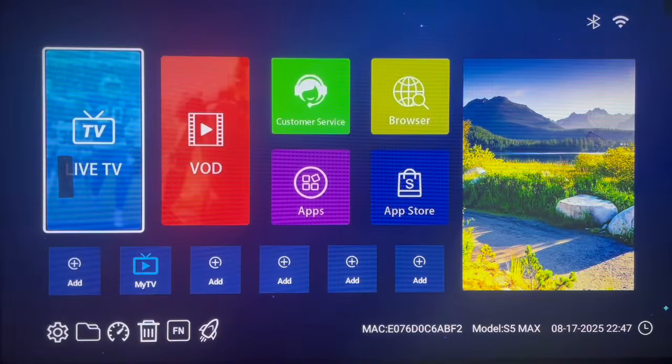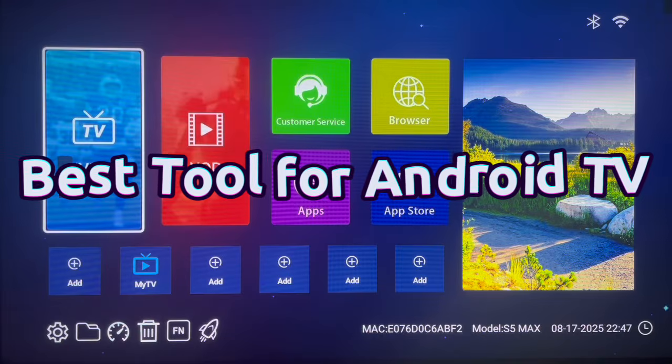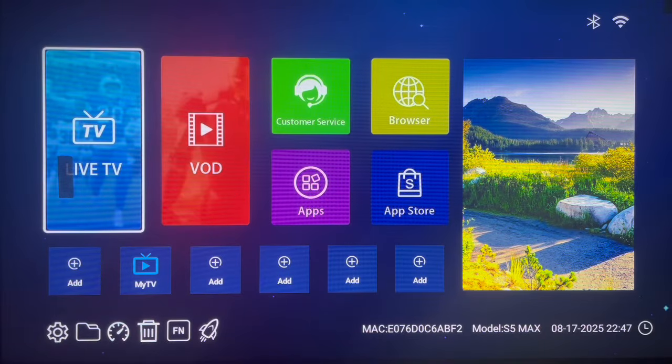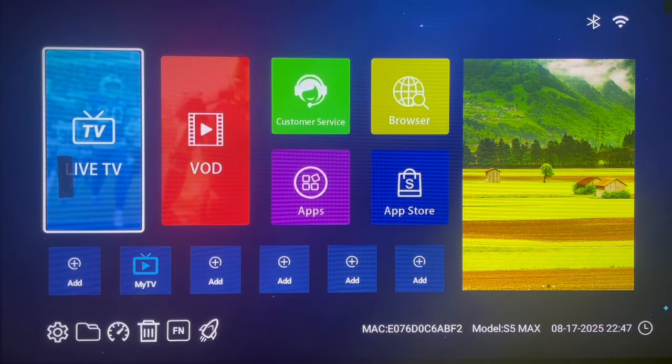I'm about to show you a tool that you can use to install different applications to your Android TV, and this tool works on Android TV, Fire TV, Android TV box, and lots of other devices. In this tool, you are going to see tons of different categories of applications that you can install to your